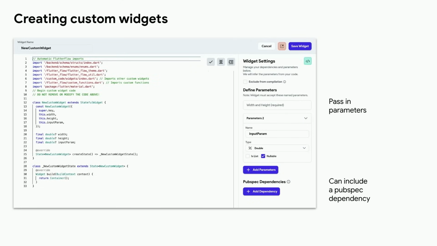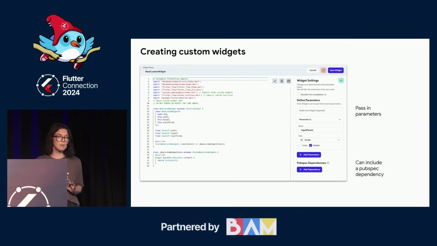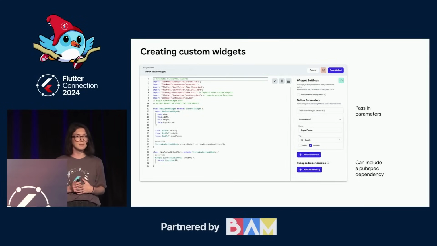And earlier I mentioned that sometimes you want to create custom widgets, and those custom widgets in Flutter might be classes like we just showed that are just a composition of classes coming from the framework. Or they might be something where you want to go even lower and access like custom paint, or maybe use some widgets from a different library. And in that case, you can drop down to the code layer in FlutterFlow. And we call these just custom widgets. So you define the code for what you want your custom widget to be. You can pass in any parameters, and you can also specify a pubspec dependency.